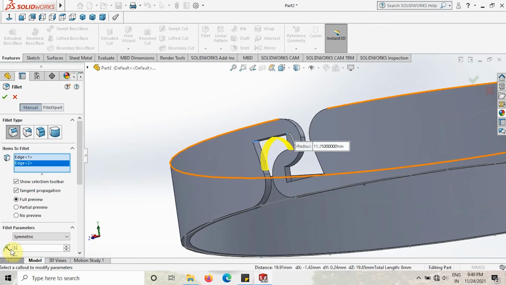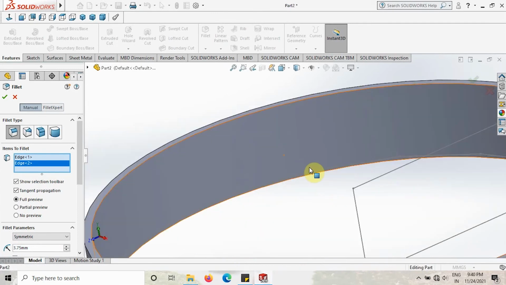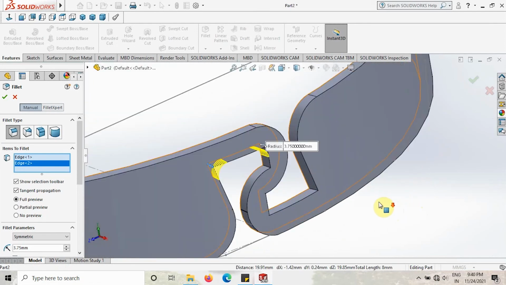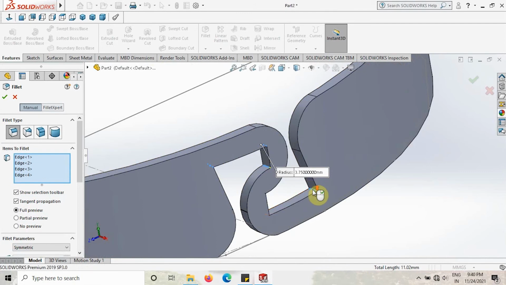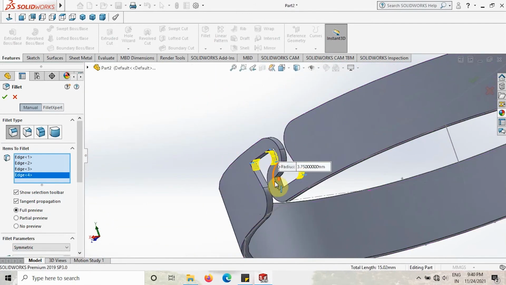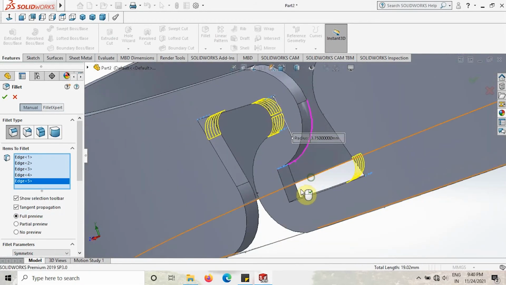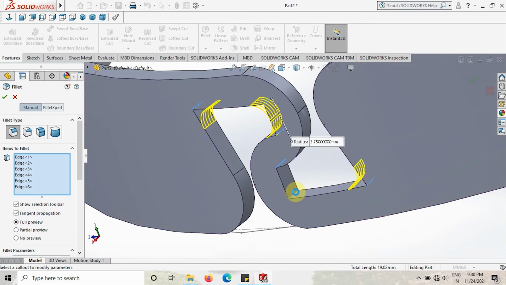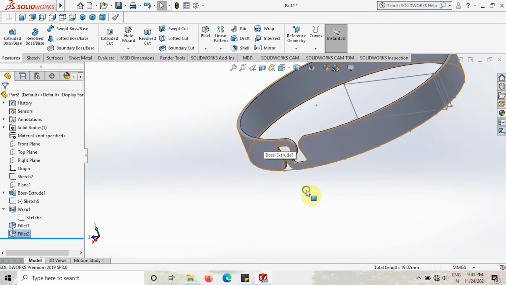Again give it as 3.75 and select the rest of the edges. This one we have to select and this one, and the other 2 edges are remaining. This one and this one, and then give OK. As you can see, we created a perfect profile now.